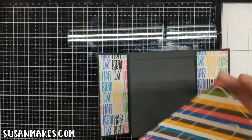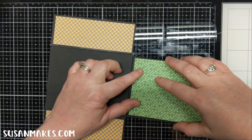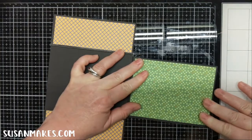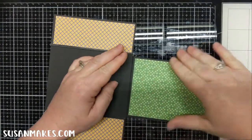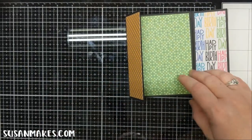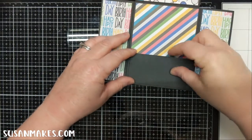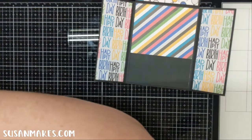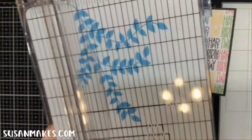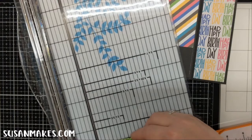We've almost got the card put together. Once you figure out the measurements, which required me doing a little bit of math to get the measurements down. Alright, so this is how the card looks closed. Now we also have the little flap that goes on the inside that is for the gift card. And on top of that, we are going to use a piece of this paper, which I need to trim down real quick. It is cut to